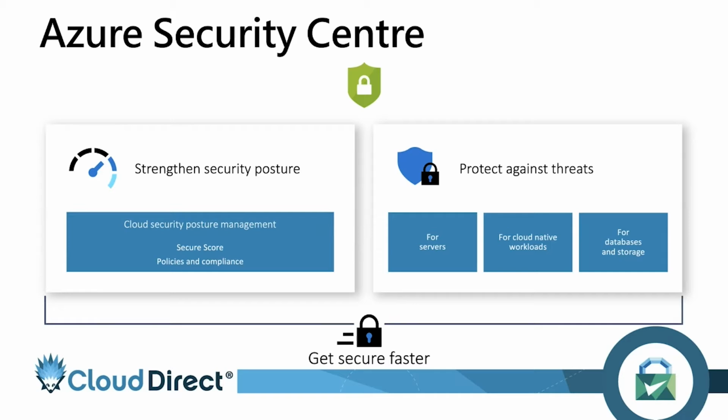So what your attack surface is, where potential threats are, and that's done through two main components: secure score, and looking at policies and compliance. The next section of that is looking at how we can protect you against these threats. You're looking at how we can protect service, endpoint protection, vulnerability scans, things like that, looking at things that aren't